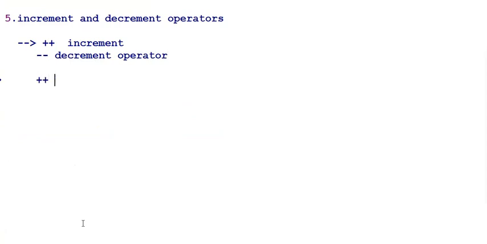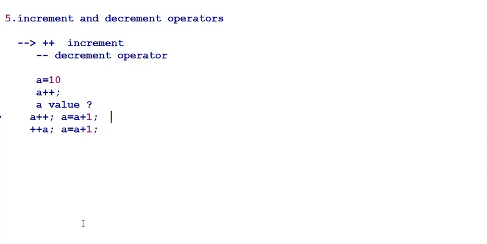Now when you see plus plus, it works with a single operand A. So I can go for A is equals to 10, A plus plus. After evaluating this expression, what is the value of A? A plus plus means A is equals to A plus 1. It adds 1 to the base value, and the final value will be stored in A. It can be written as plus plus A also. The value will be the same.